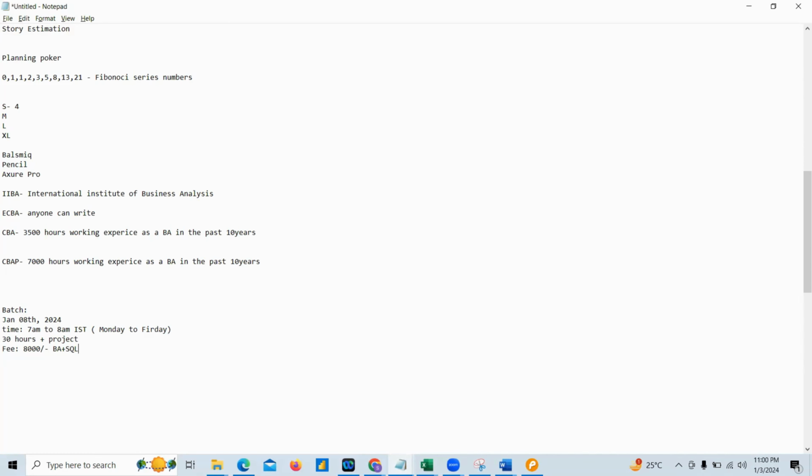Will AI replace the future of BA roles? No, that is what I tried to explain. AI will not replace. We can use AI to make our job easy, but AI cannot go to the client and gather requirements. There are a few roles which cannot be replaced. Business analyst is one, and coding too. All those things cannot be replaced.